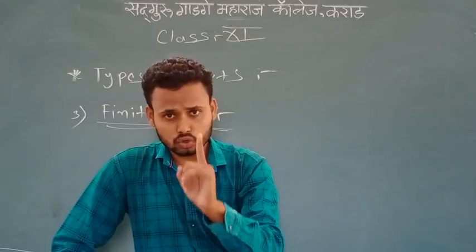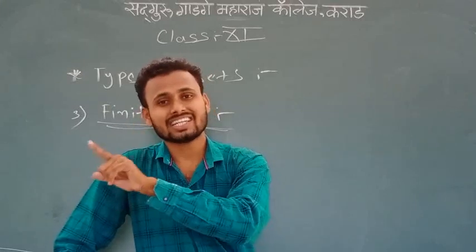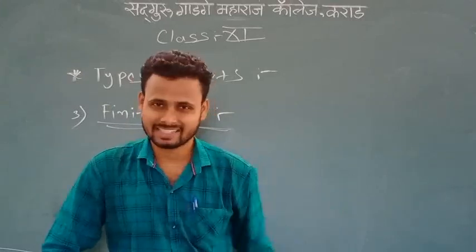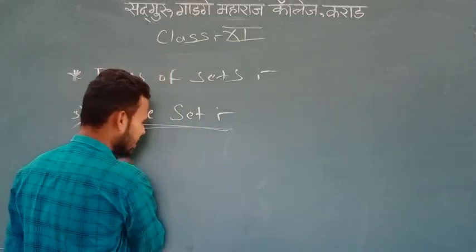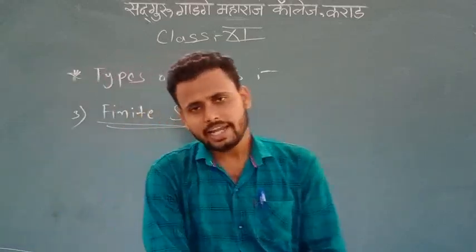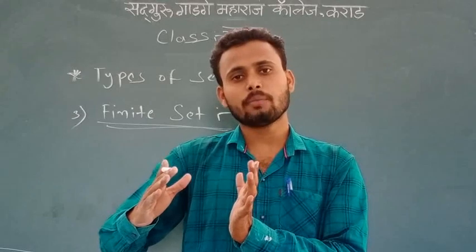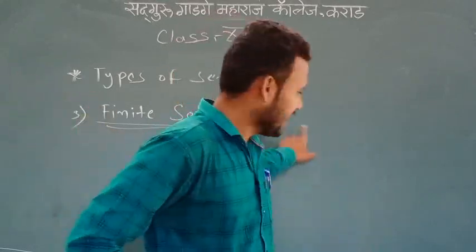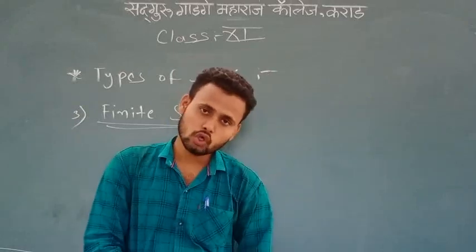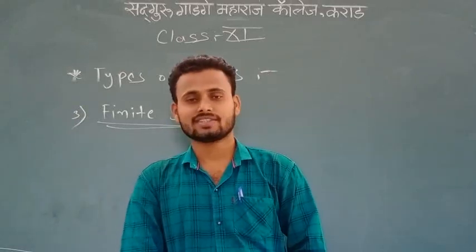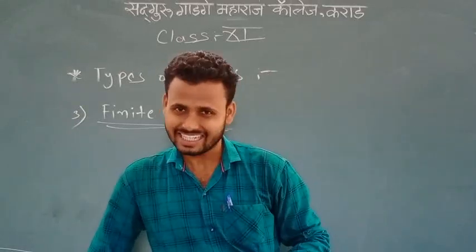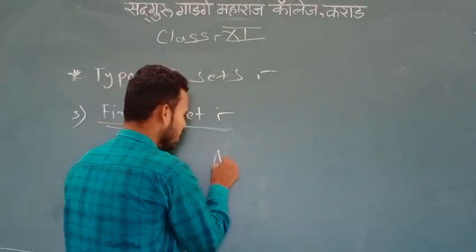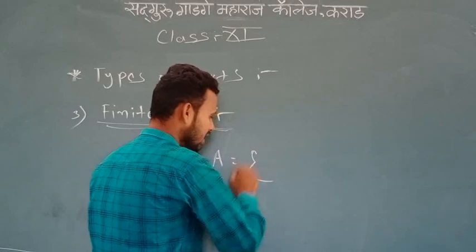If we can count the elements from the starting element to the last element, then we can call that set a finite set. For example, let A be the set of all vowels in English alphabets. We know that there are 5 vowels in English alphabets. Which ones? A, E, I, O, U. Therefore, what will set A be? A equals the set containing the elements